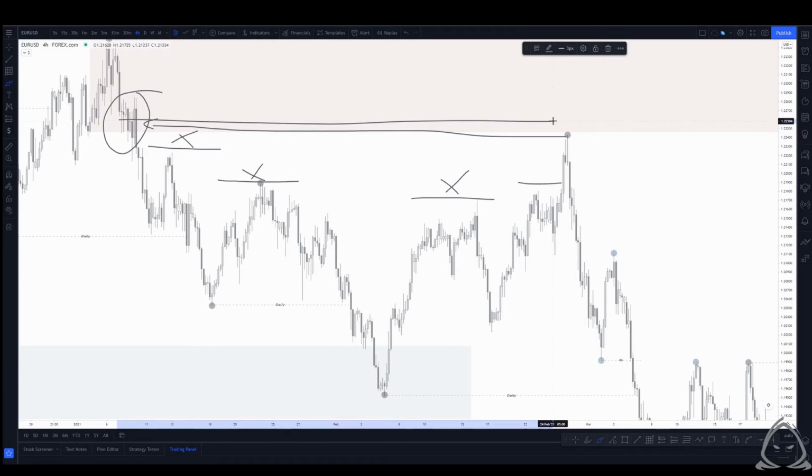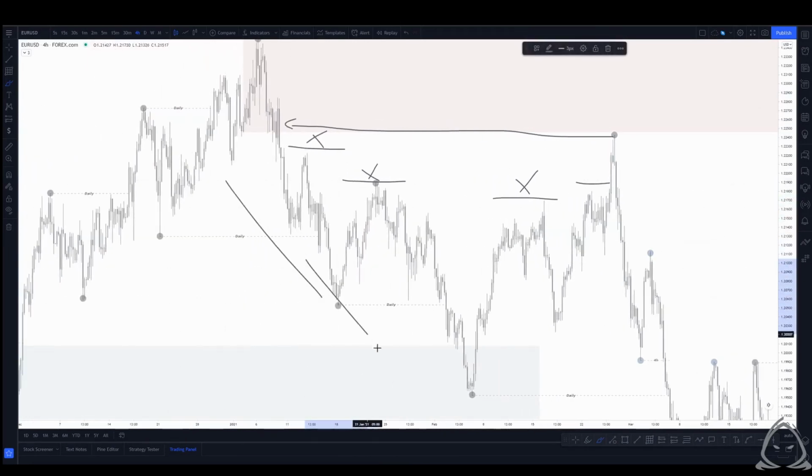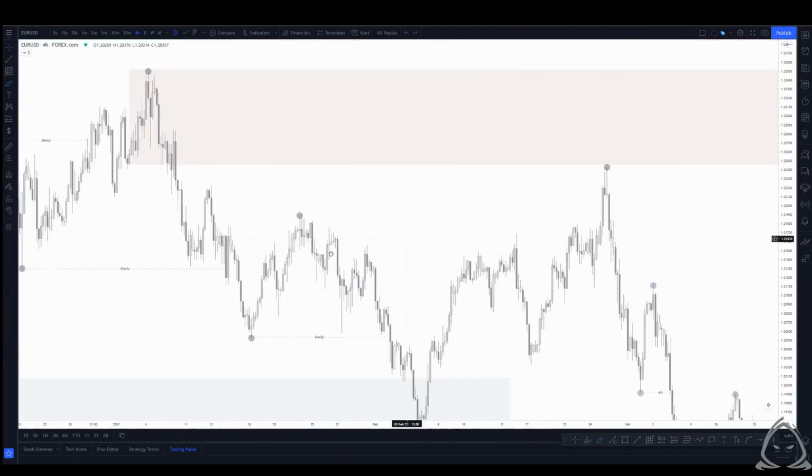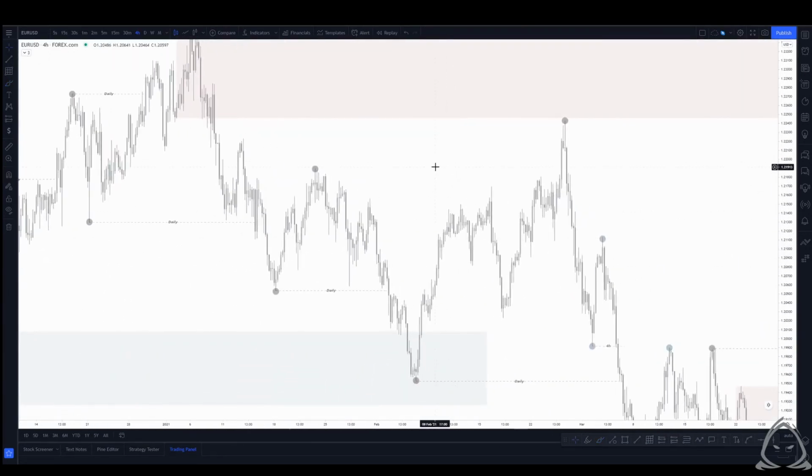We pair it with a supply zone. We pair it with the fact that now the daily has switched from bullish to bearish. We've seen a change of character. We're starting to read market structure, and we're able to come up with an overall high probability trade solution or trade idea. Of course, if we're looking at it from a 4-hour bit of structure, we can see that we